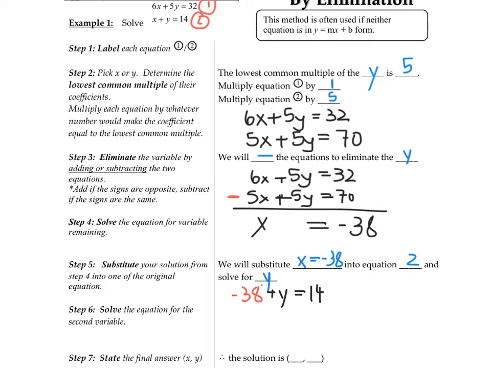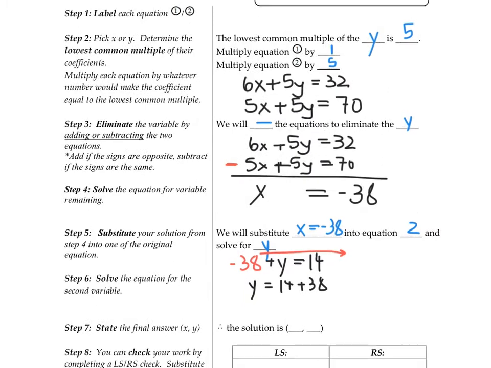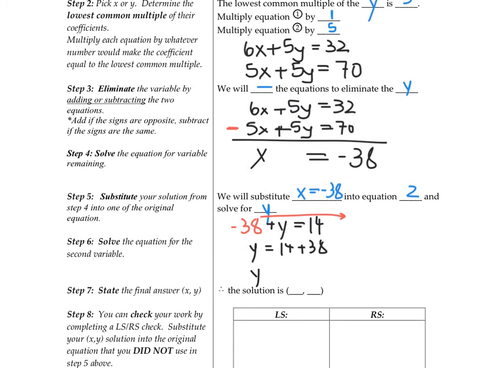And now I can bring this negative 38 to the other side so that it becomes addition. 14 plus 38. And I get y equals 52. And there's my point of intersection. Negative 38,